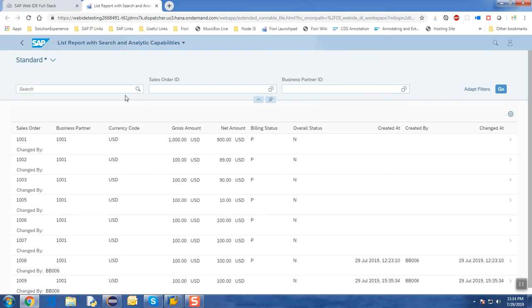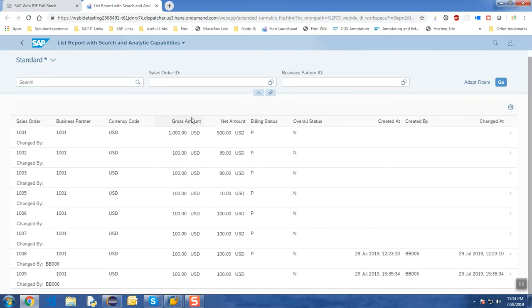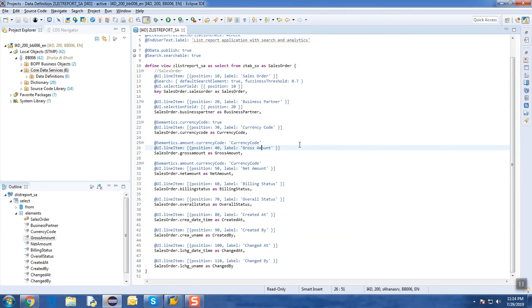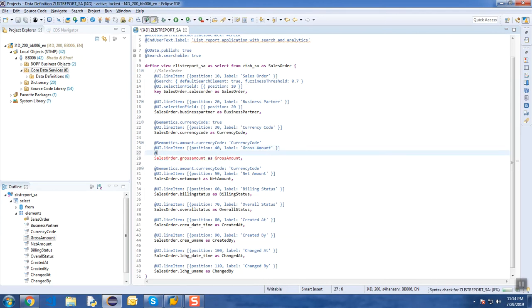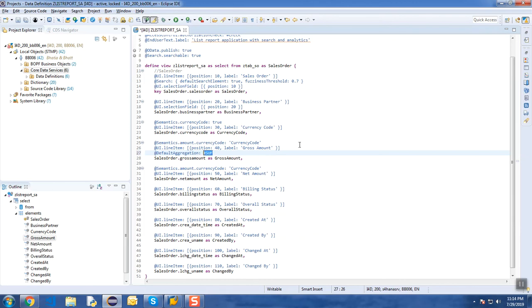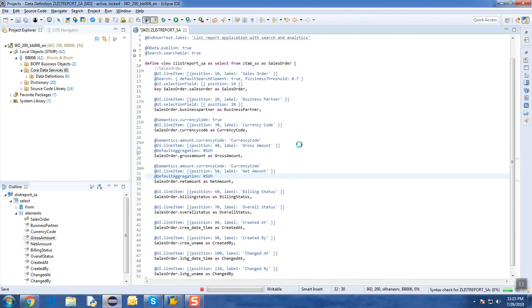So we will go back to the CDS view and add an annotation, default aggregation as sum, for the gross amount and the net amount, which are the columns for which we are going to display the subtotals. Going back to the CDS view, to the gross amount, I'm going to add this annotation @DefaultAggregation, and I wanted the aggregation to be sum. You can try out the remaining options that are available here. I'm adding the aggregation as sum for both gross amount and net amount. So I'll activate the CDS view,